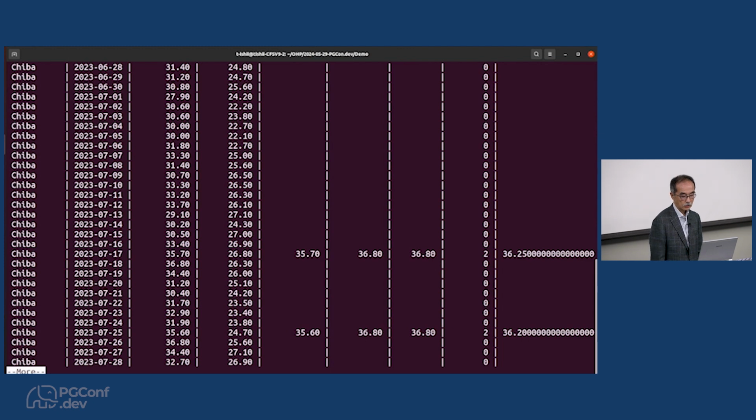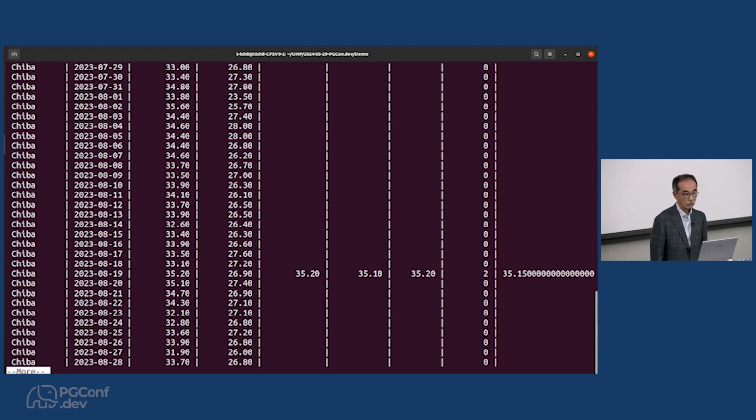You can see some meaningful results in some places, like Chiba City, where the highest temperature is 35 and so on, and then the consecutive days continue for 2 days and so on. But you might think that this is not so useful because most of the days are 0. This is just annoying, I think.